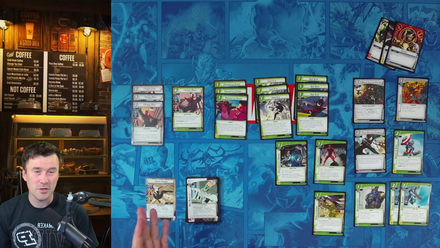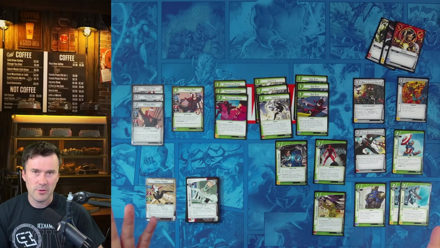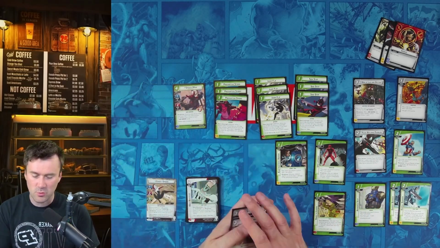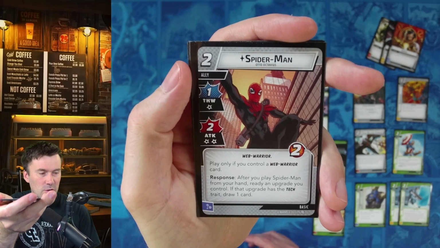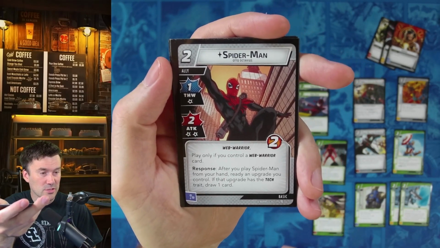She also has 10 hit points, which is really nice as well, compared to Miles, which only had 9. 1 hit point makes a ton of difference. But anyway, let's go everything left to right, go through everything. She is just a Web Warrior, so we're going to be using Web Warrior cards. So we have Spider-Man, Otto Octavius. Again, if after you play Spider-Man from your hand, ready an upgrade you control, if that upgrade has a tech trait,